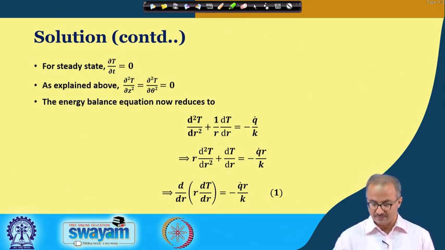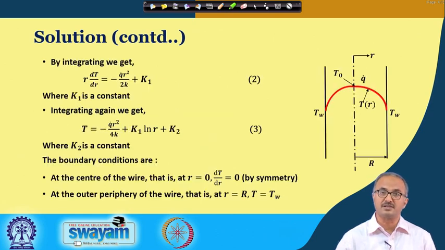This represents our system. Once we have obtained this model equation, it is still not complete if we do not specify the boundary conditions. We shall see how we are going to specify them. First let us solve it by analytical integration. Here we get this particular equation with a constant of integration, and integrating again, we get the final equation giving the temperature variation in the radial direction at any axial position.